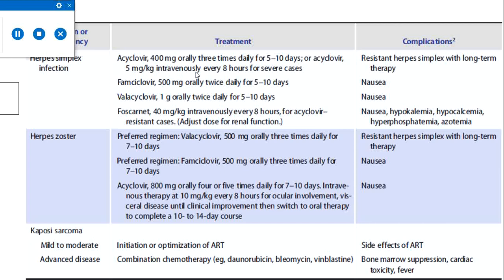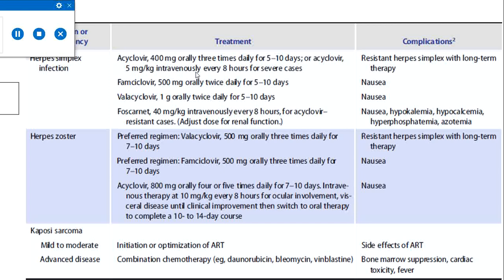Herpes zoster is preferably treated by valacyclovir 500 mg orally 3 times daily for 7 to 10 days, or famciclovir 500 mg 3 times daily for 7 to 10 days. Alternatively, it can be treated also by acyclovir 800 mg 4 to 5 times per day for 7 to 10 days. Or intravenous acyclovir can also be given in doses of 10 mg per kg every 8 hours